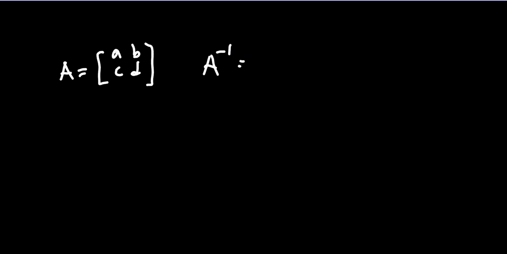So, the inverse of a 2 by 2 matrix, let's say you have matrix A. This is equal to elements A, B, C, and D, i.e. a 2-row, 2-column matrix. The inverse of A, noted as A negative 1, is equal to